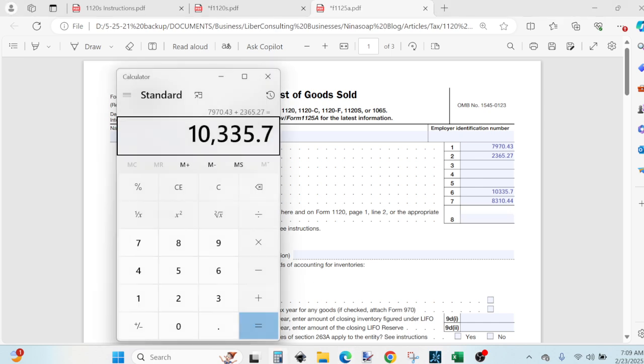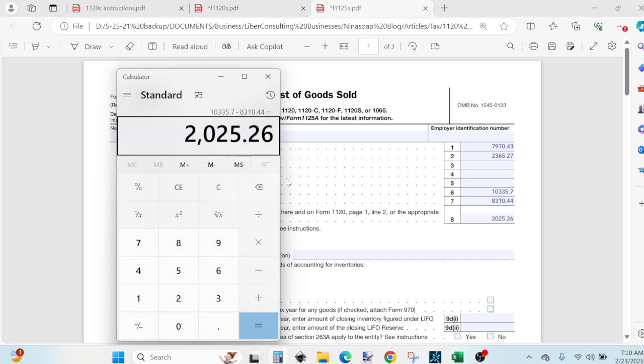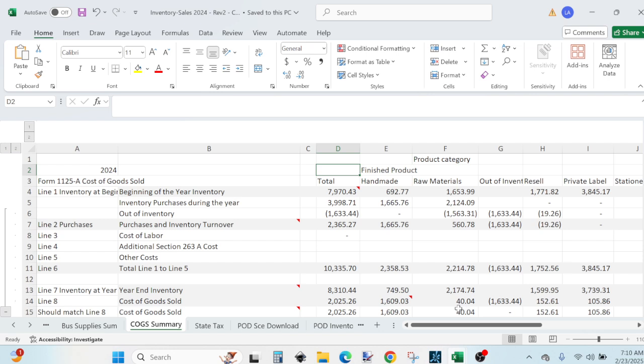to take line 6 minus line 7, so minus 8310.44, and it's going to be 2025.26, and we can double check that number, 2025.26. And cost of goods sold is going to go on